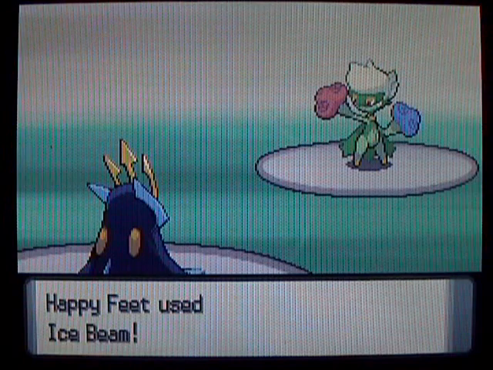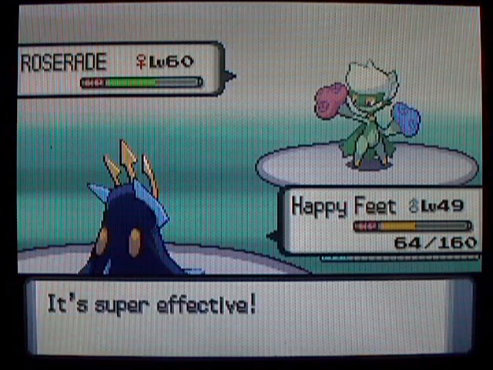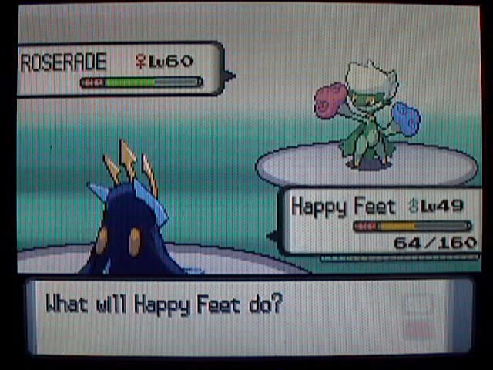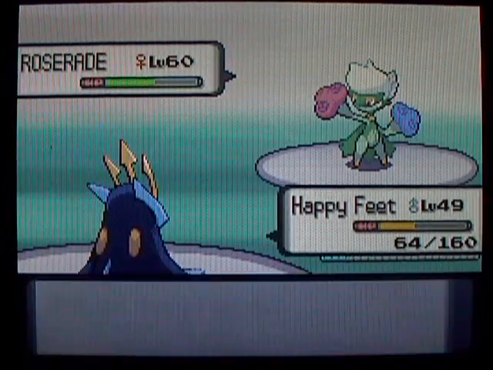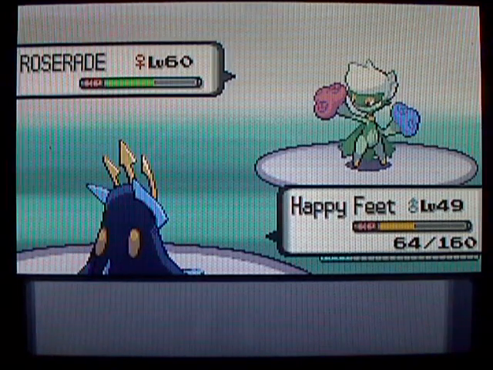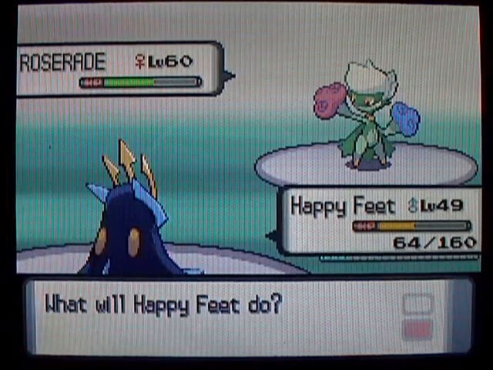But even though Ice Beam is special, it's probably my best option, because I can take all of Roserade's hits decently well with Empoleon. But then again, Energy Ball did a ton of damage, so I'm probably going to get knocked out here, which I'm afraid of. So I don't think I really want to stick around because I'm really going to need Empoleon later, so I'm going to switch here. And the question is what to switch to, because there's not really much that can take its hits really well, so...